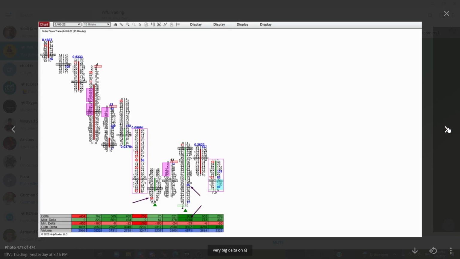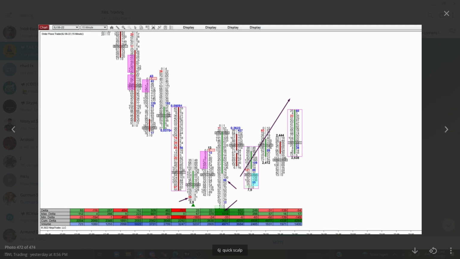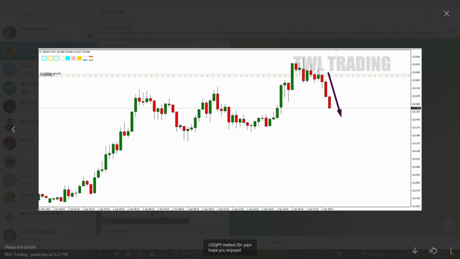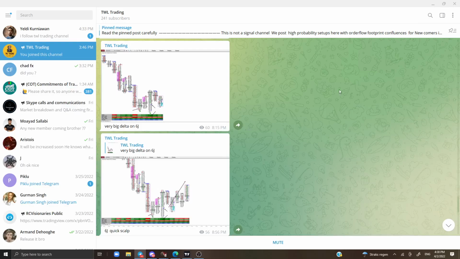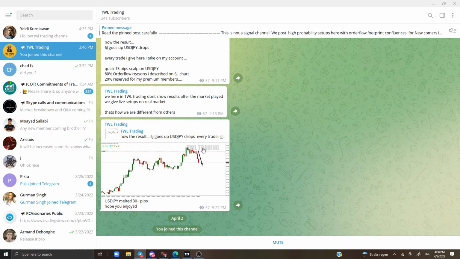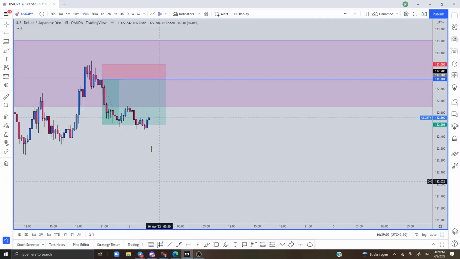Look for the setup, 6J. Look for the setup, 6J is going up. Look where we entered, exactly the same time as what I'm showing you. We entered here, it boomed, it melted. 6J, USD JPY, it melted. Why? Because 6J was going up. I hope it makes sense. And yeah, finally it went, I think 50 pips also, and we are not counting pips. It was a very small stop loss. If you see from TradingView, it was just a 12 pip stop loss,